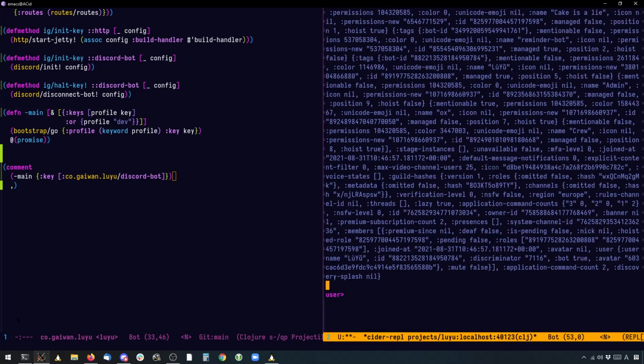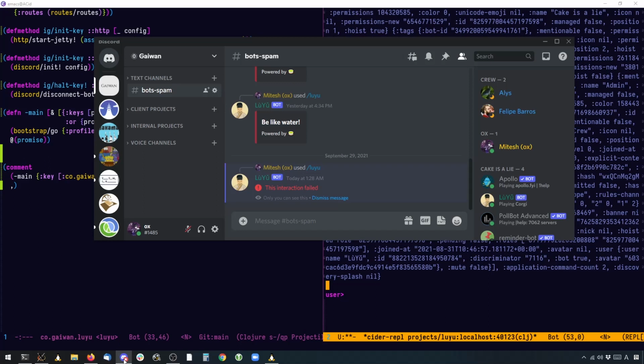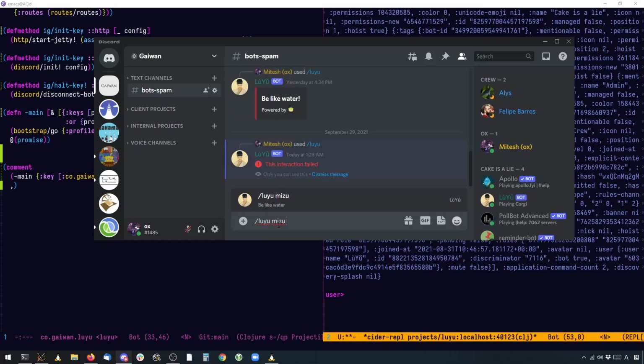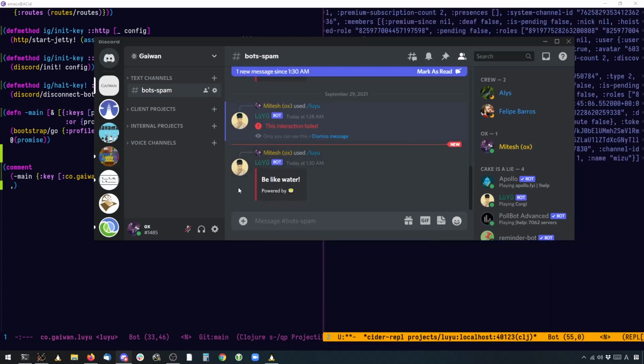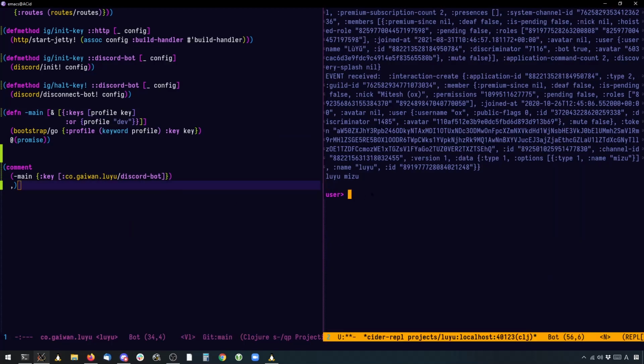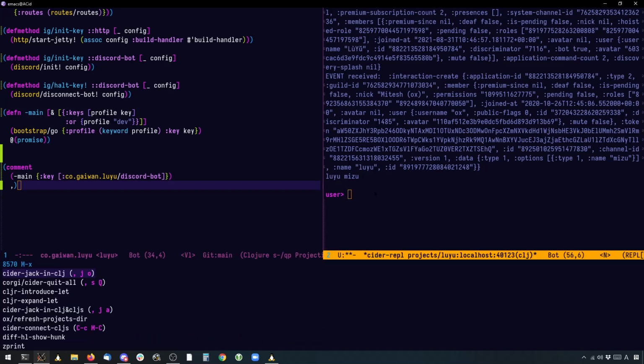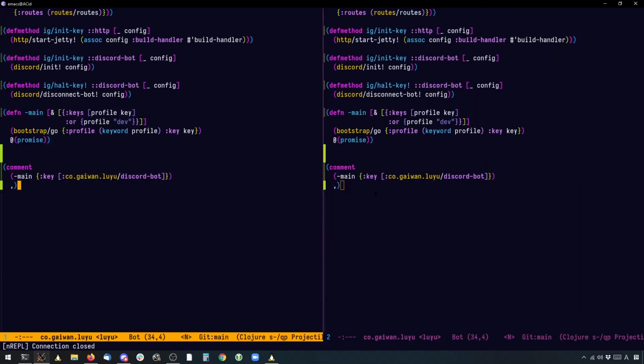And let's open up our Discord and we can see that the bot is online. So let's send this command again and the bot replies back, right? So that's cool. But now since we know that this function starts up the bot, what we really want to do is we want to run it from the command line. So let's do that as the first step.